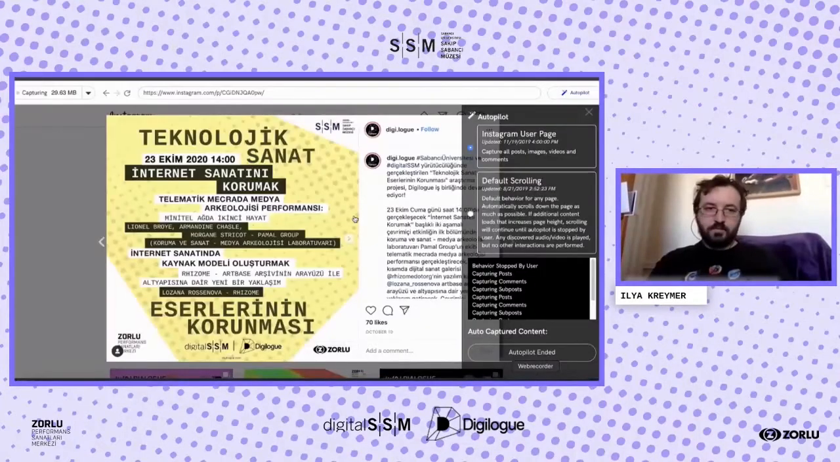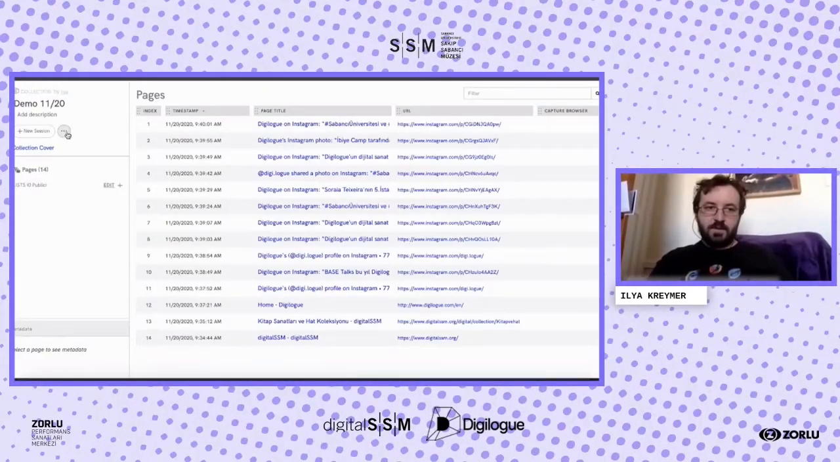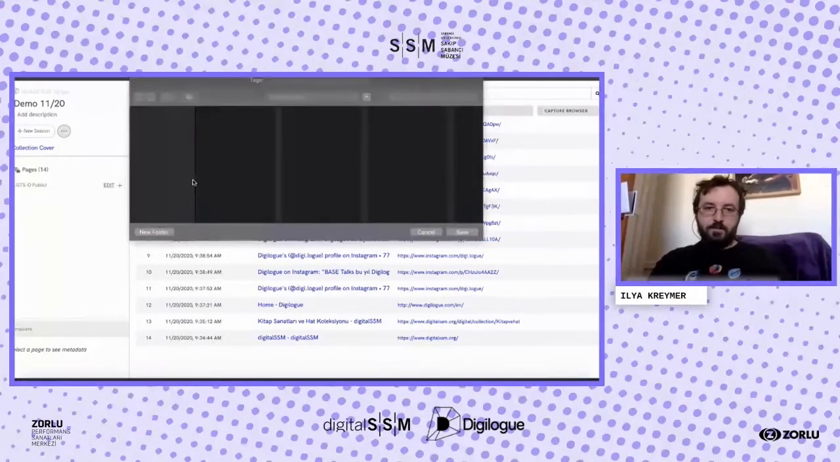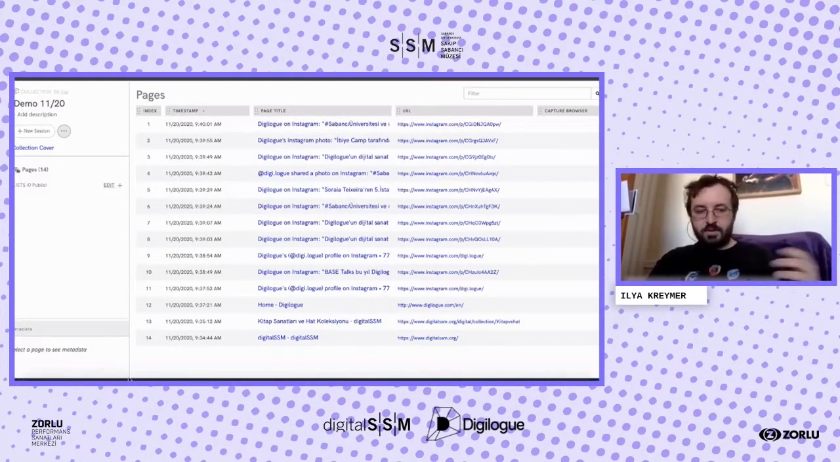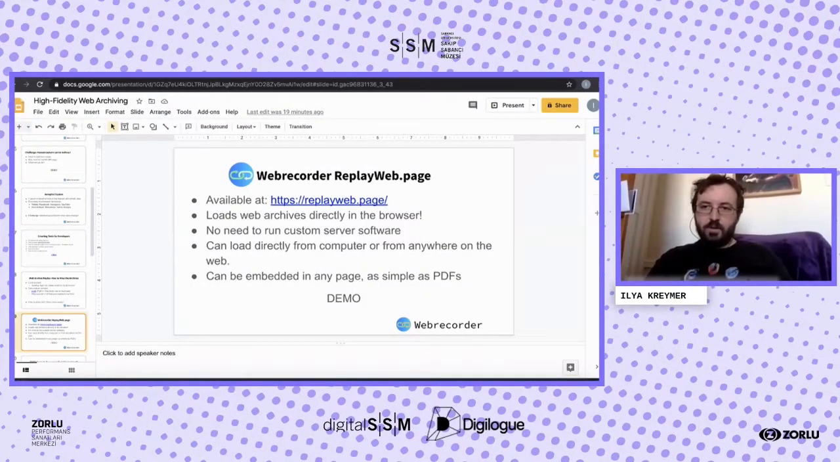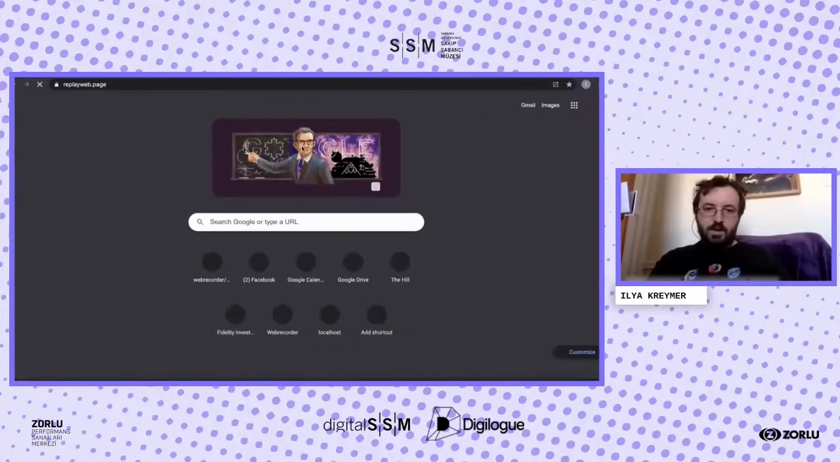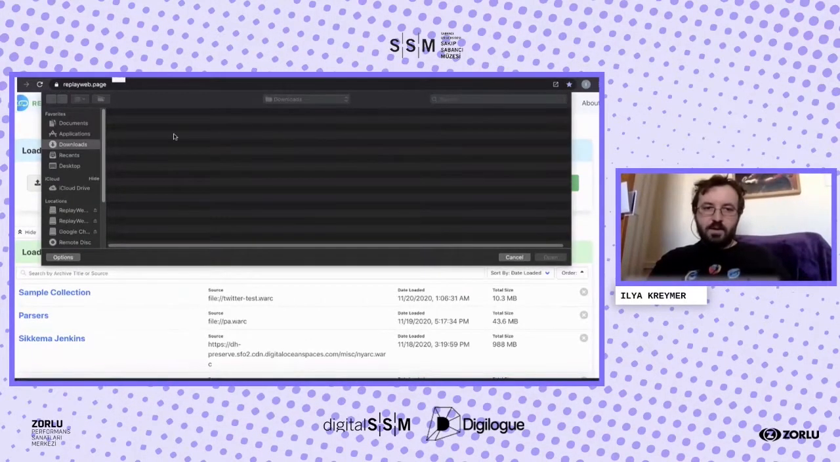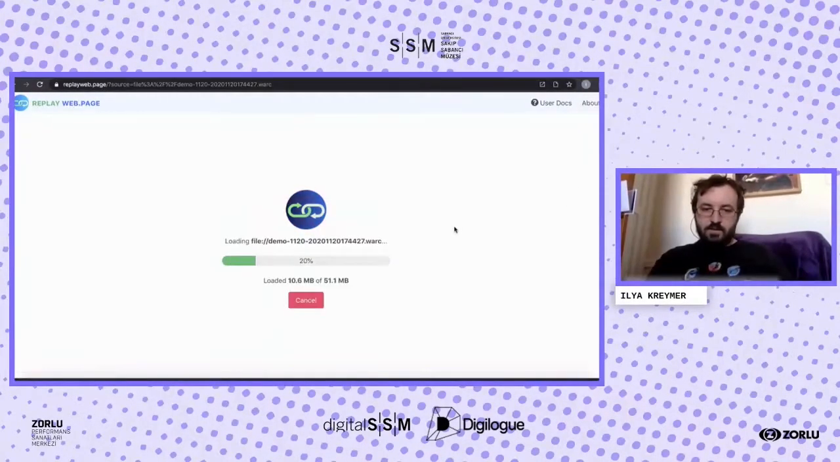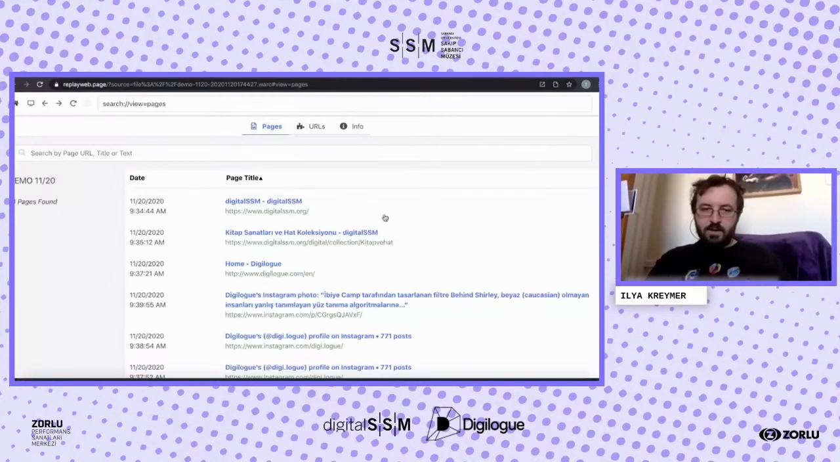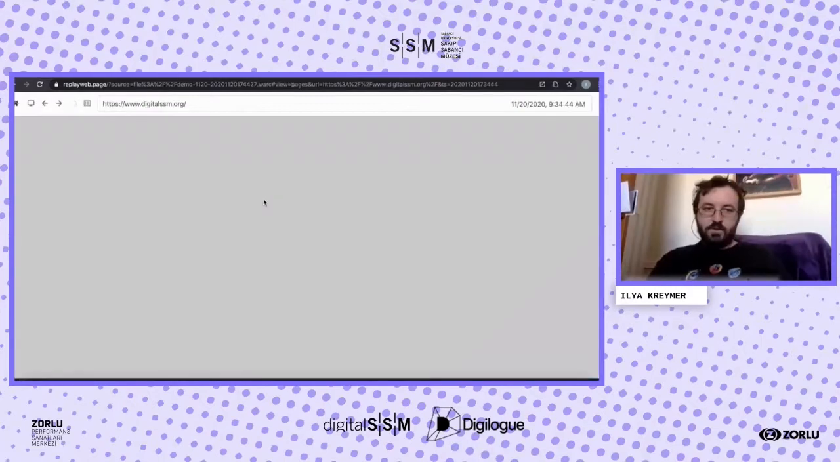So I've stopped this archive, and then I'll export this archive as a WARC file, which Zainab covered, and I'll also talk about briefly. And then I can go into Replay Webpage, and I can then choose this WARC file. And since it's on my computer, it should load pretty quickly. It's 51 megabytes, and I should be able to now see the pages that I've archived using